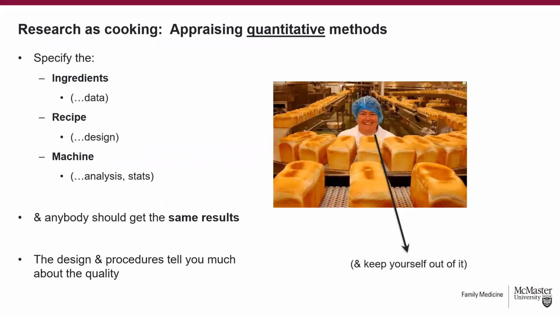So let's think of a metaphor of bread making. With quantitative research, we could think of this as making a loaf of bread in a reliable bread machine, and relying on the assumption that if we have the same ingredients and the same recipe and the same machine, then the baker is irrelevant. It doesn't matter if you're using the same recipe and putting the same ingredients in the same machine, and the altitude is the same, and the composition of the flour, et cetera, then the loaf of bread should always be identical. That person who's loading up the ingredients, unless they make a mistake, they're irrelevant.